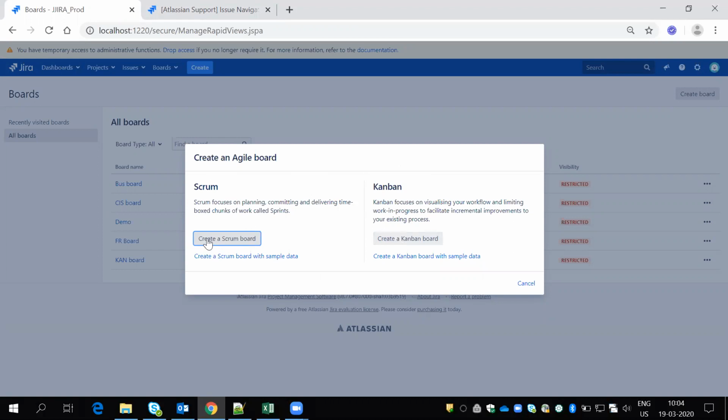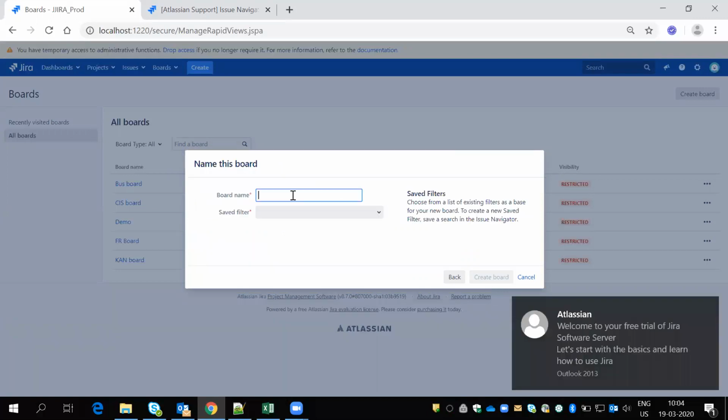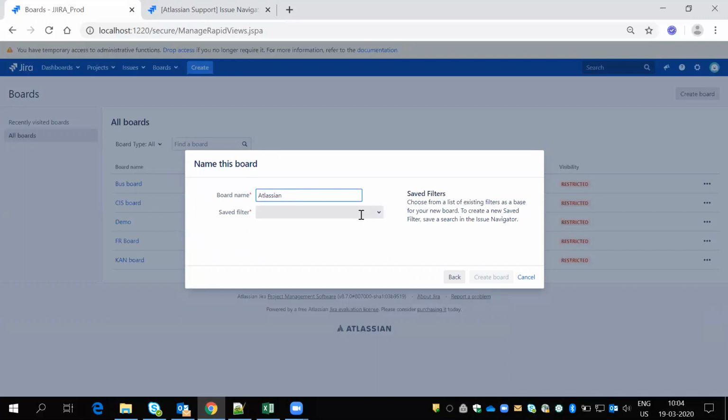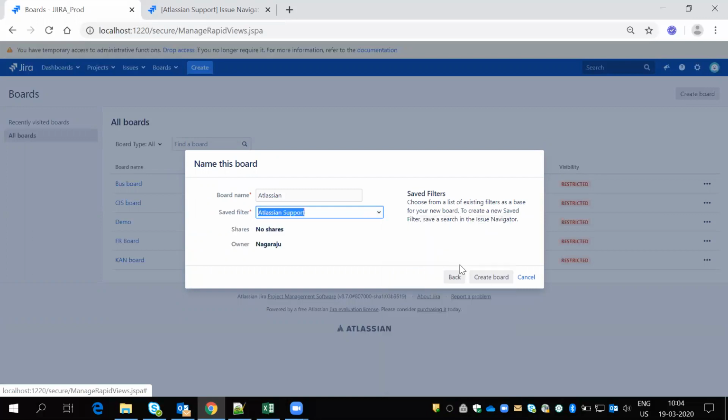See, it looks good for these three. So I'll go with this Kanban board from an existing saved filter, and I'll just click on next. What is the board name? Atlassian. What is this filter? What I am reading here, Atlassian support. I'll just select create board.